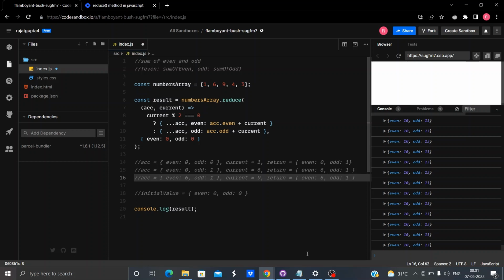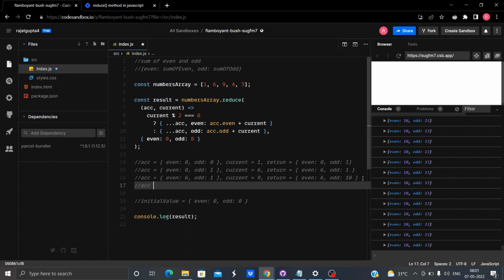Now we'll check, is 9 divisible? No, it's not, so we'll return this. That is, we leave even as it is and do something with the odd. This is accumulator dot odd, we'll add current to it. Current is 9, so 1 plus 9, 10.